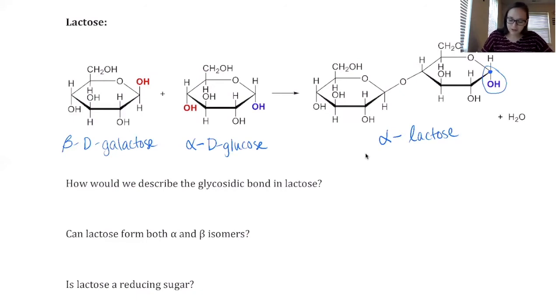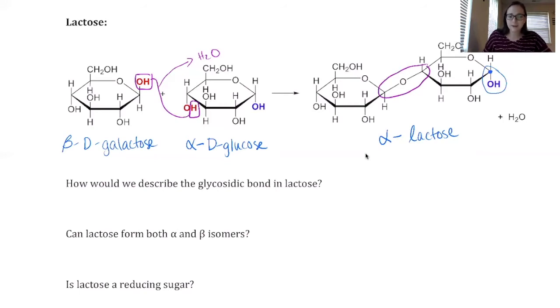Okay, so just for clarity, let's draw where we're making this bond. Remember that one OH and one H are going to join together to make water. And then the other oxygen is what forms a bond with where the oxygen was in the other sugar. So this bond is made here, this ether is made here. You'll notice it looks a little bit different now, and the reason is because it has a different kind of